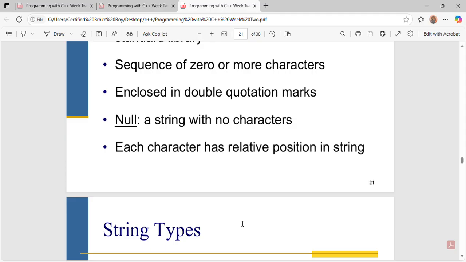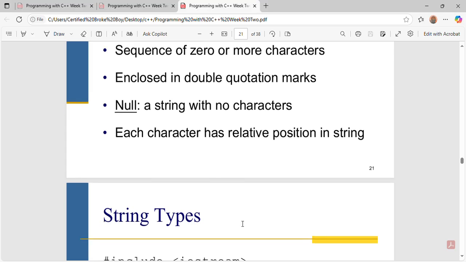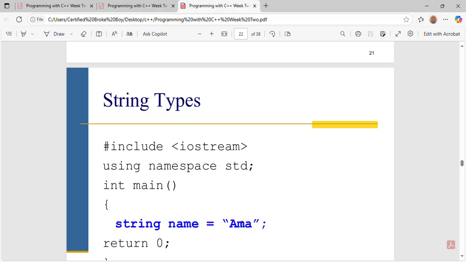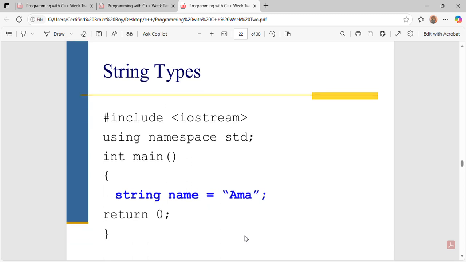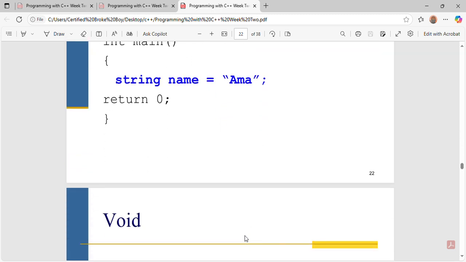So we can try to know the index of every character in the string. We can try to identify that. And this is how it is written. The data type is string. The identifier is the name. The assignment operator is the equal sign. The value is AMA. Then you bring return 0. Remember to always bring your